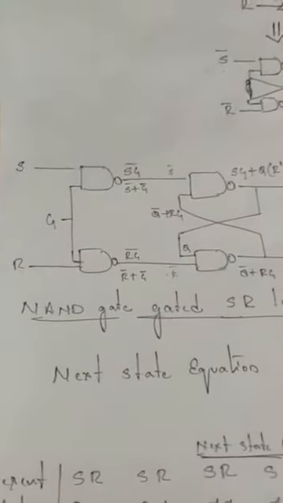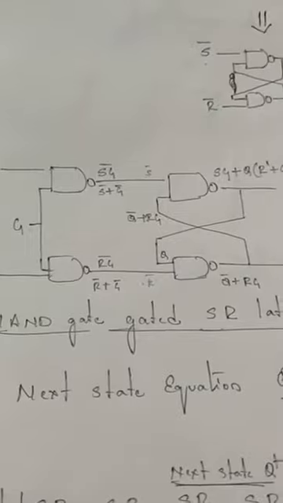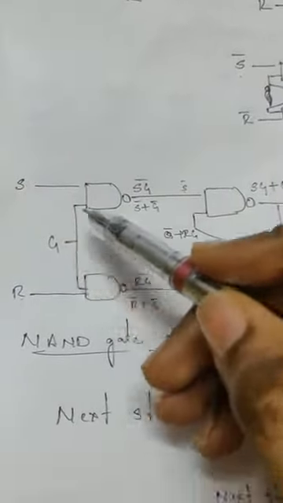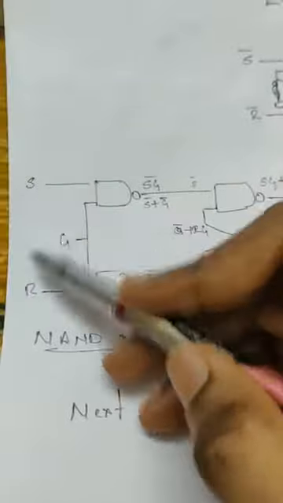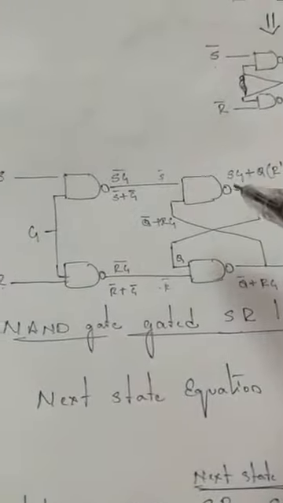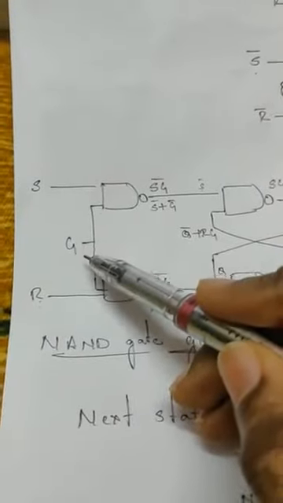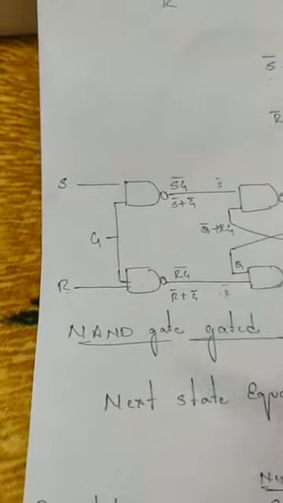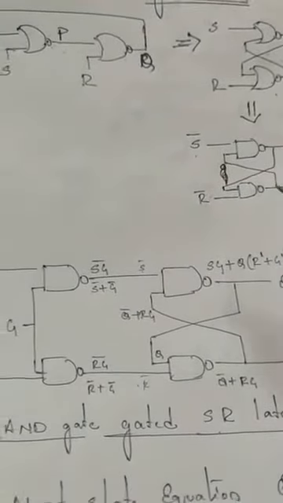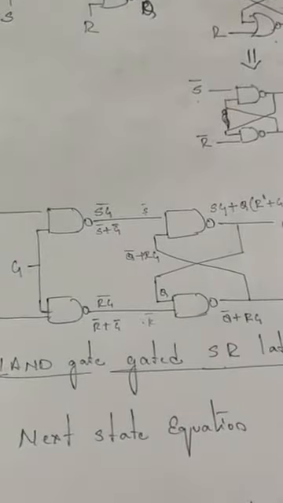Whatever state it was in previously, it will remain in the same state, because G is equal to 0. G is equal to 0 means gate is closed. Even though the input for S and R is given, it never performs its operation. That is the value of G. That is how the gate is going to work. We are just adding a gate to this circuit. Based on the gate input, only then is it going to perform its operation.